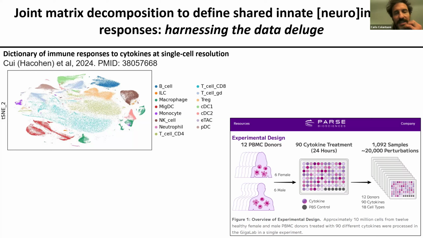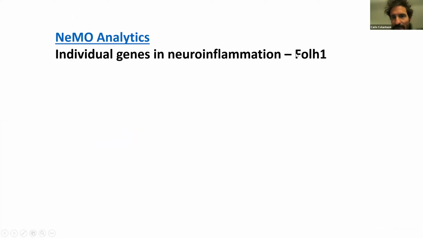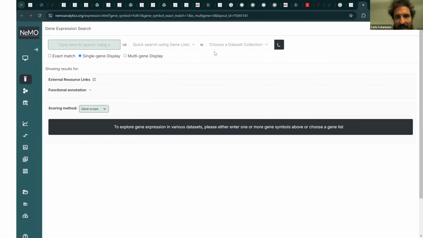And similarly, centrally, there are huge numbers of data sets and atlases coming out to look at astrocyte and immune responses this way. So the data and resources are only growing to do more of this. And I'll end with just looking at the expression of a single gene. So if all of this is just a little too complicated or some of it is too far out there, what can Nemo Analytics do if you just click on the front door and say, I want to know about the